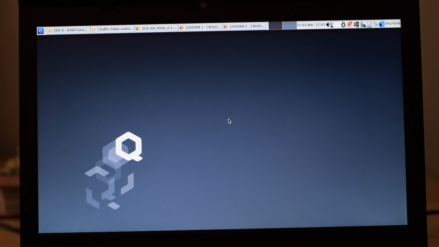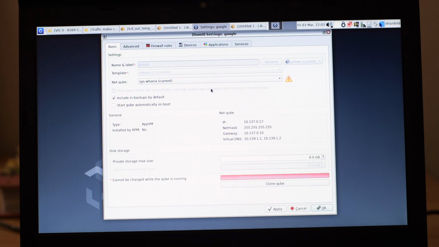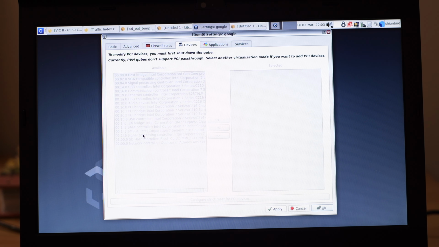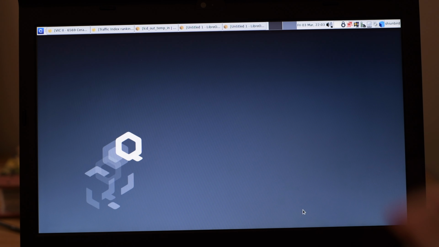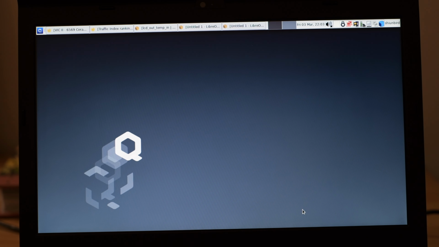You basically have a desktop with a GPU, mouse, and so on. And when you go here to devices, you can assign PCI devices to this Qube and do it via PCI pass-through. And that in theory gives the GPU to a Qube. You have to connect an external screen, of course, but you get the performance you need in theory. I haven't tried this, but with all that has been said, Qubes gets a 0 out of 10 in